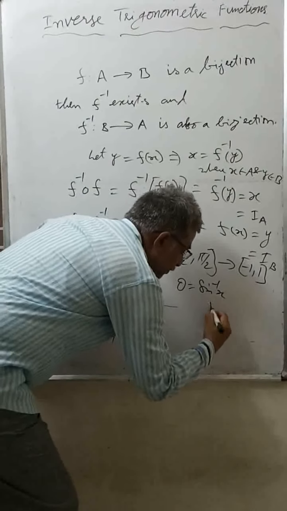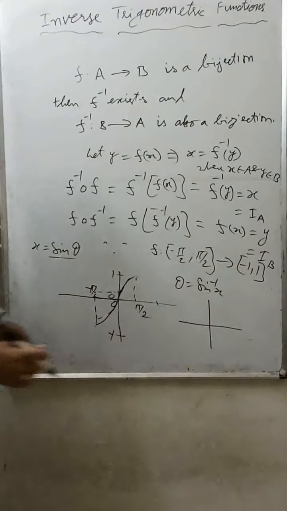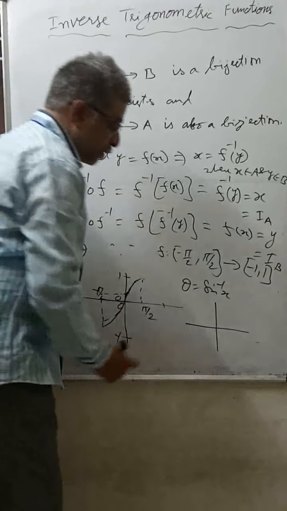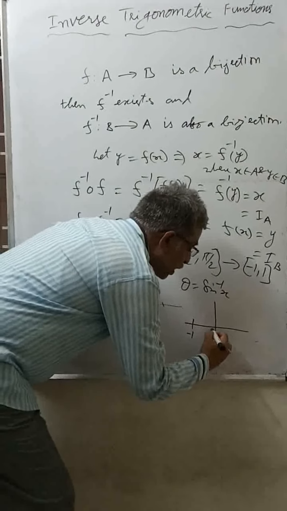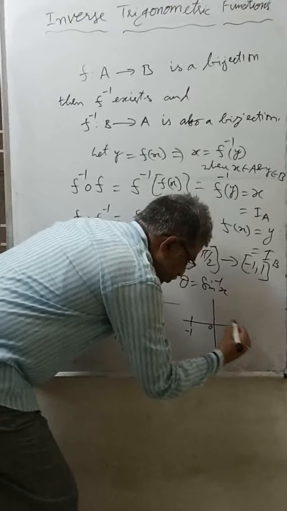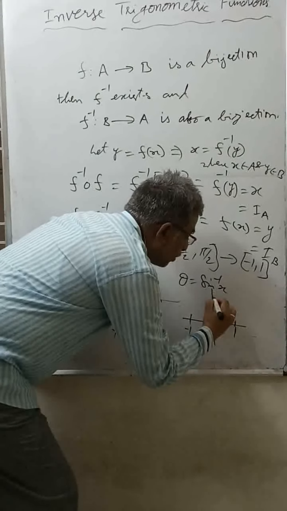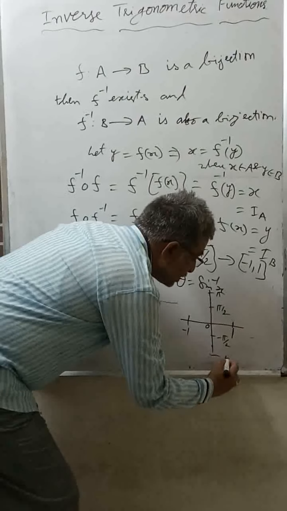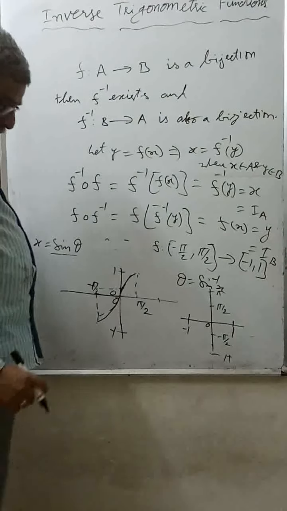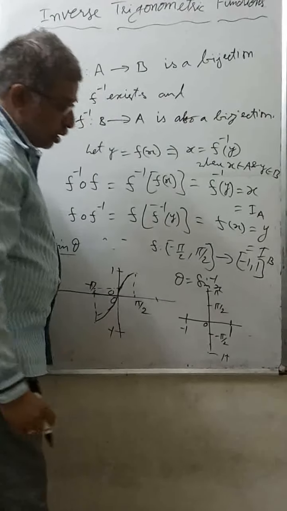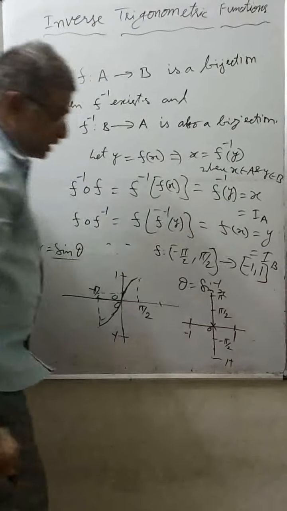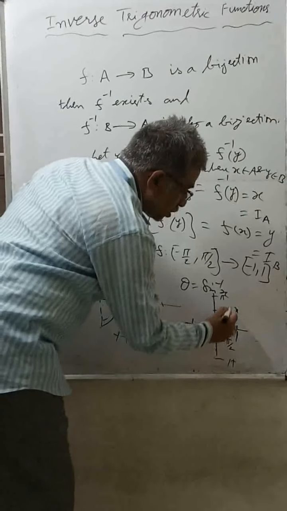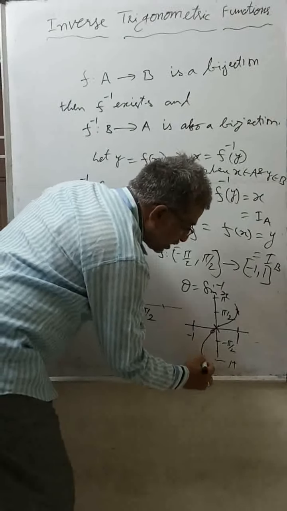Now how will the graph of sin inverse x be? Now x becomes y and y becomes x, which means I need to take theta on the y axis and -1 to +1 on the x axis. So this is -1, 0, +1, and π/2, π like this, -π/2, -π like this. So when x is -1, theta is -π/2, sin inverse 0 is 0, and when x is 1, theta is π/2. So it will be like this. So what I want to say is it should be a curve along the y-axis.